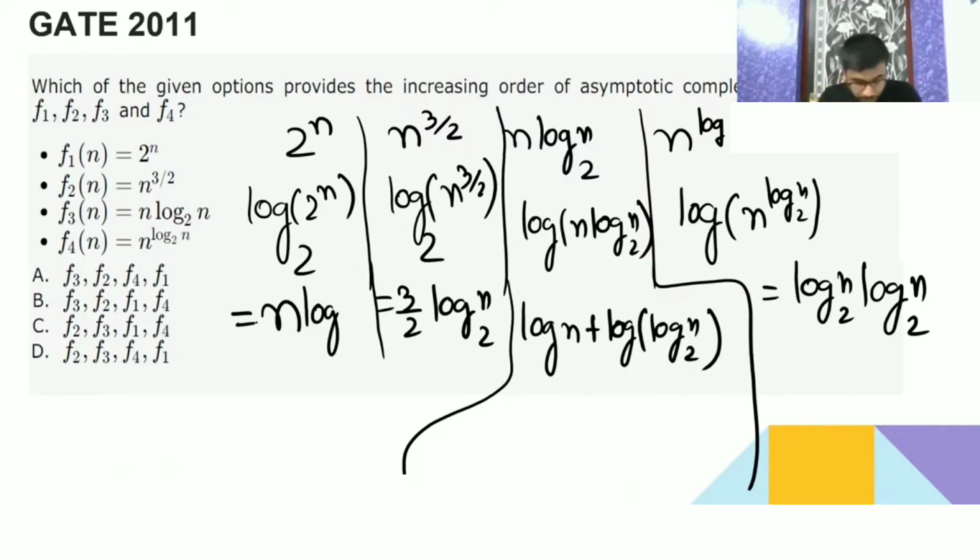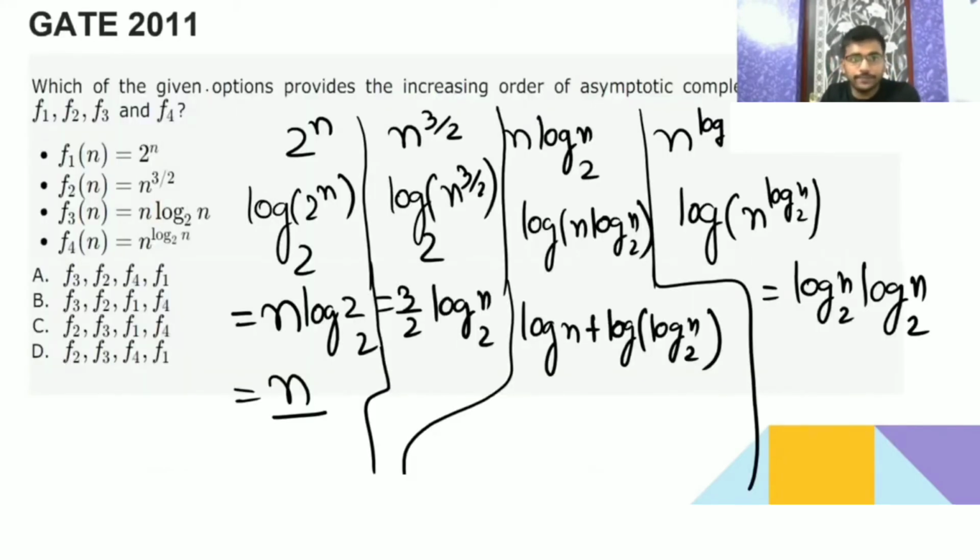Sorry, log 2 base 2 is going to be 1 only, so you are going to get here n. Okay, so now you have to compare like this. Now take n equal to something. So you finally got here n, here 3 by 2. Tell me if you are having any doubt till now. Anyone having any doubt here?